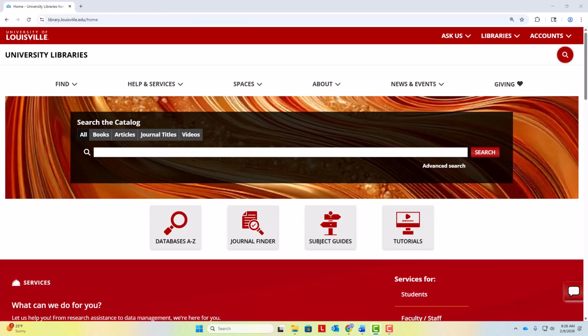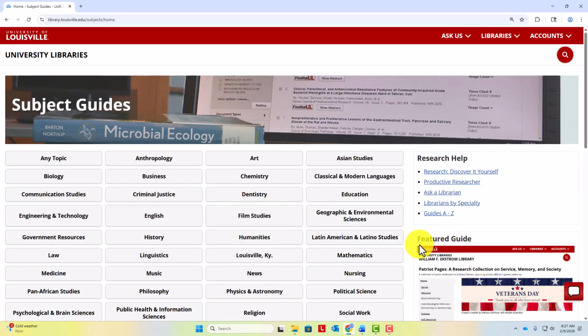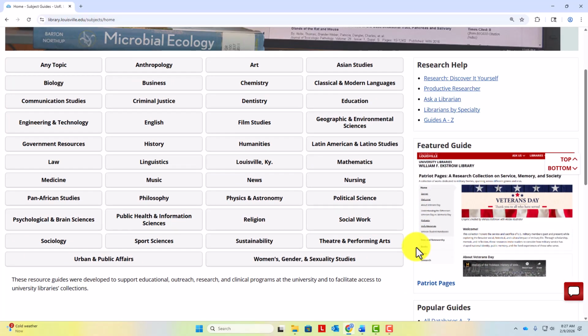Once you've developed your search strategy, you can begin using that strategy to find sources through the library. Let's get started on the library homepage, library.louisville.edu. If you're off campus, you can still use the library's resources. You'll just be prompted to log in with your ULink ID and password when accessing these resources. The best place to get started finding scholarly sources is the library's subject guides. These subject guides divide up library databases by subject area, making it easier for you to find the most relevant resources for your research topic.